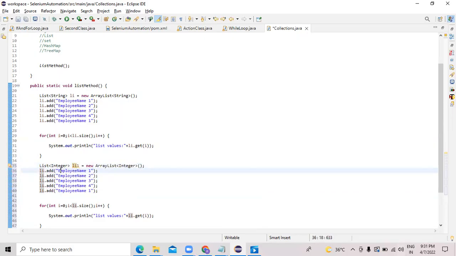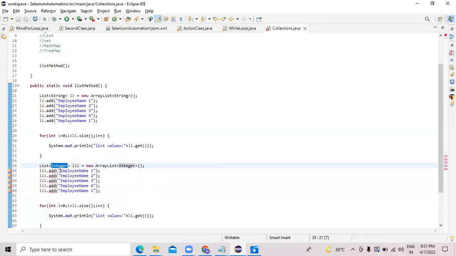I'll put just any name, and it's giving an error because this li1 is of integer type, but you're adding a string. So this will throw an error. We have to add integer variables here, maybe 5,